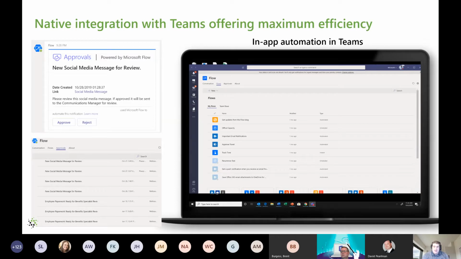You can see here as examples on the left that is pretty simple. The card that you would see in an email to process an approval in Microsoft Teams or in an email is the same that it would show in a card in Microsoft Teams. So again, that consistent experience, but then provided directly to the user.